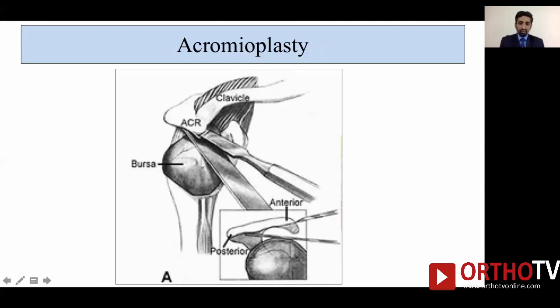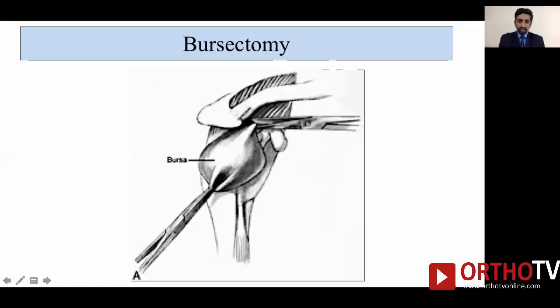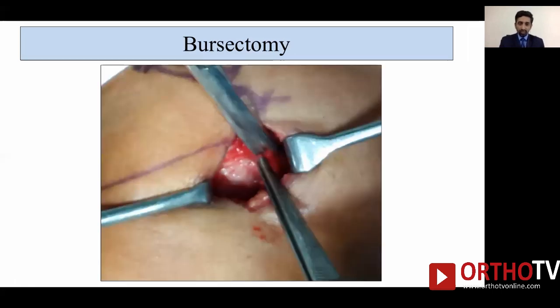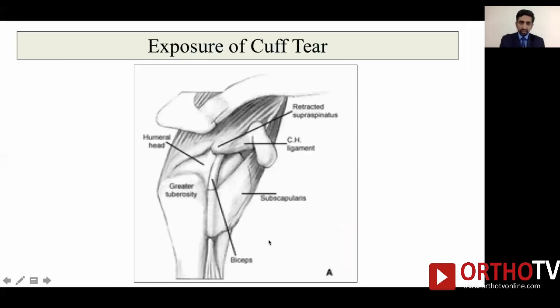Once we split that raphe, we need to take off the anterior hooked margin of the acromion. We can put an osteotome or a flat instrument to protect the acromion, and just take off this anterior calcified edge of the coracoacromial ligament, which is causing extrinsic impingement onto the rotator cuff tear. Anything of the acromion that is anterior to the anterior margin of the clavicle can be excised safely. Once that has been done, we can take off the bursa, and once the bursa is taken off, we expose the rotator cuff.